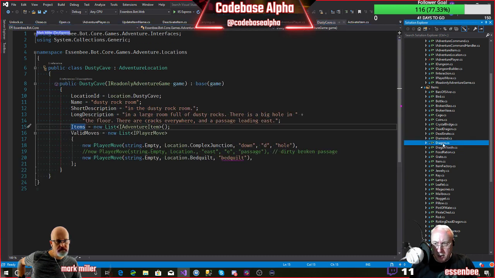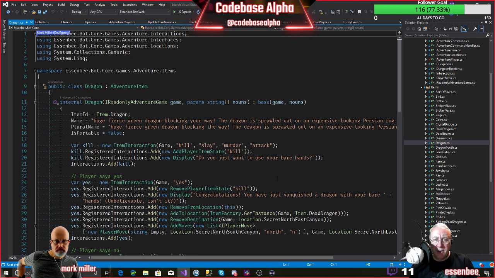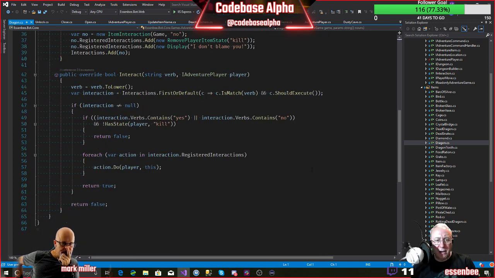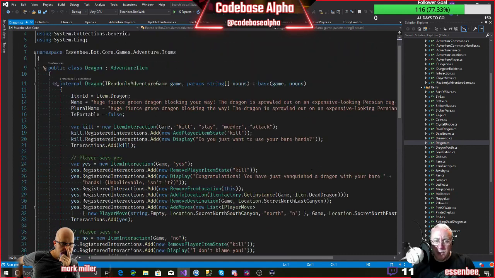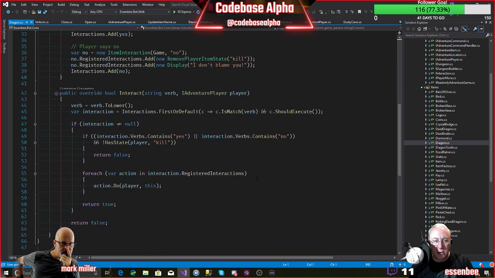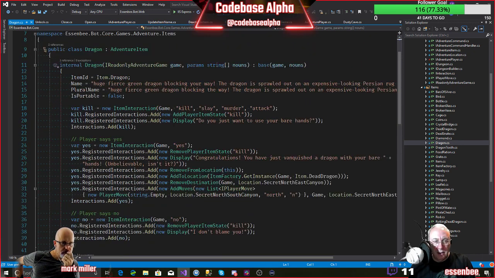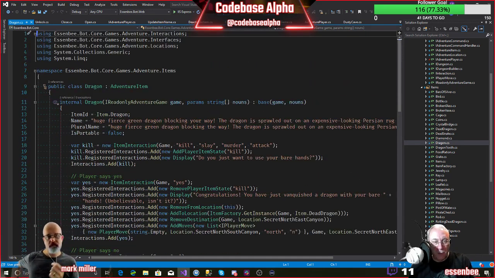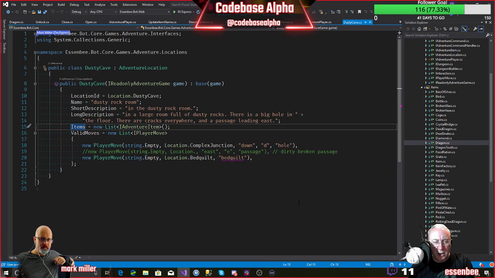because what we can have on adventure items is we can define interactions, how the user can interact with the environment. So it would be great if, I don't mind deleting code that's not used, but if it could create some of this basic boilerplate code. So let's start off with the location, because that's probably